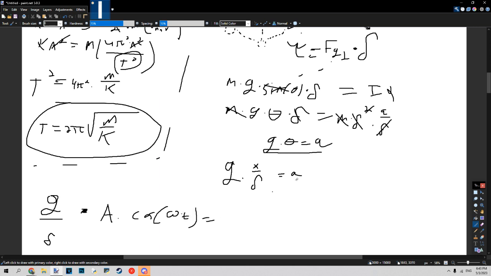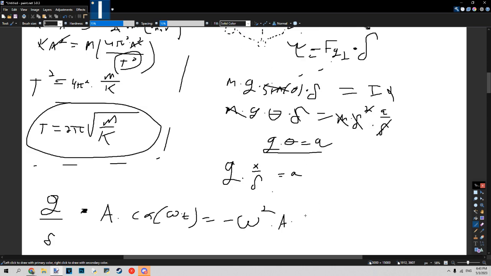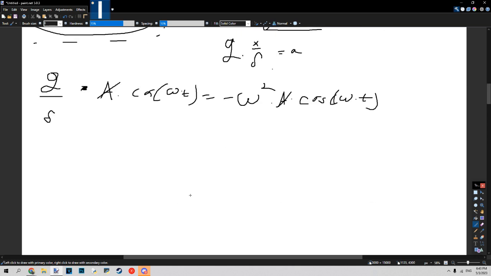And this is equal to our acceleration, and our acceleration equation was simply negative rotational velocity squared times amplitude times cosine of rotational velocity times time t. And we could go ahead and cancel these out immediately right off the bat, just looking at them. And that's fun. So we have this done, and